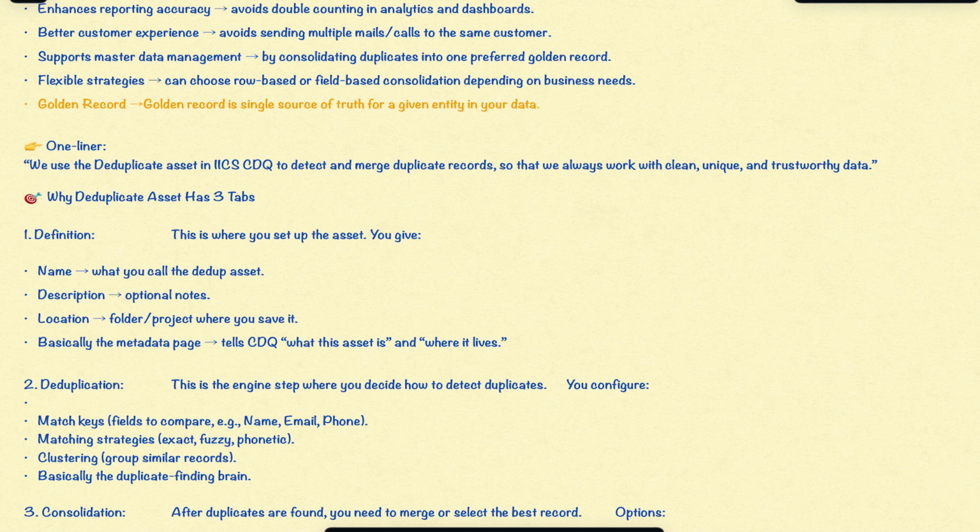So in one line you can say that we use the deduplication asset in IICS CDQ to detect and merge duplicate records so that we always work with clean, unique and trustworthy data. Okay, you can say that. In the interview, sometimes they ask,